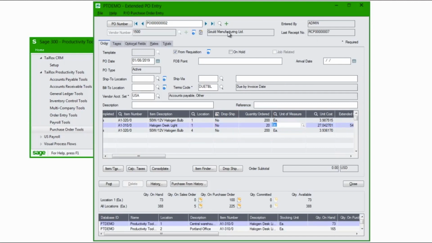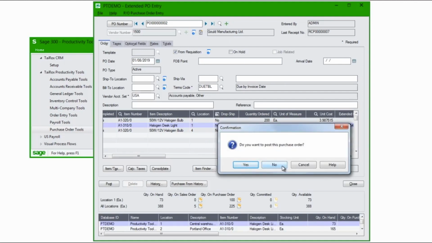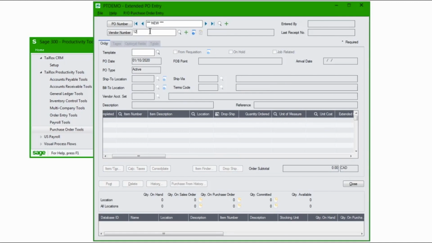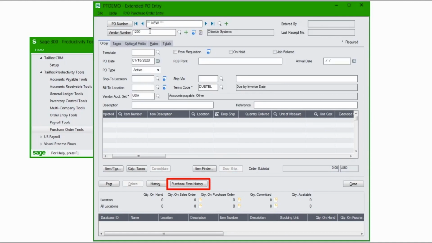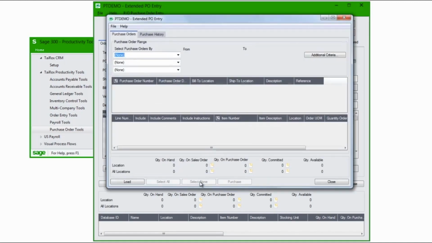Now let's create a new purchase order using an existing PO as a template. I'll click the New button, enter 1200 for the vendor number, and then click Purchase from History. You can select various filter criteria and then click the Load button to display all of the matching POs. In this case, there aren't many POs for this vendor, so I'll just click the Load button to see them